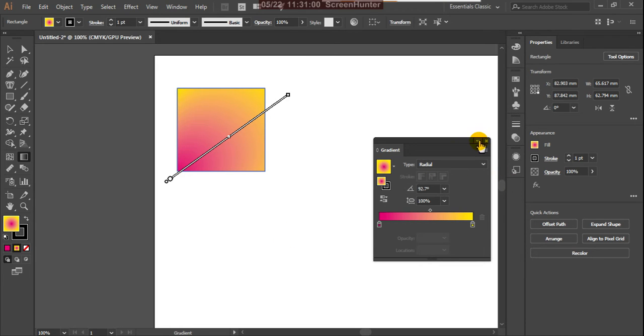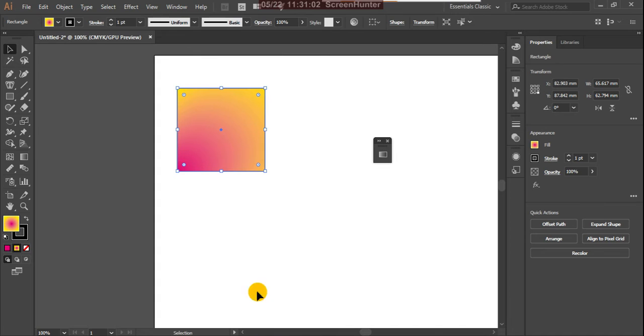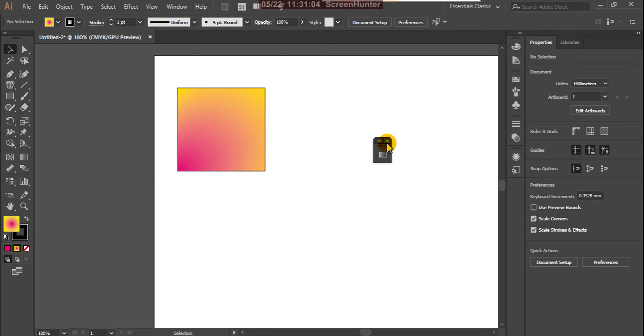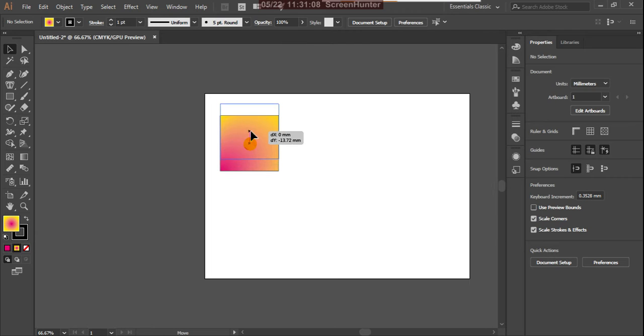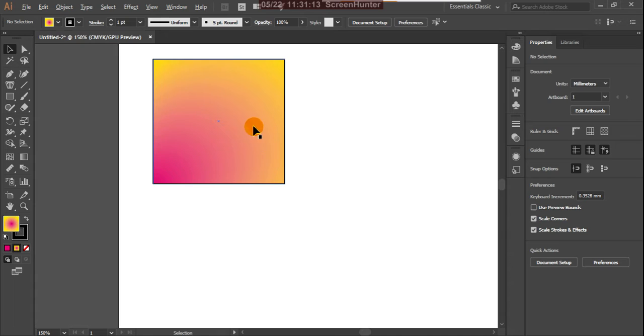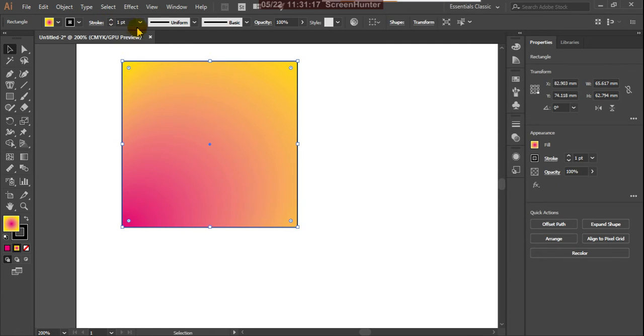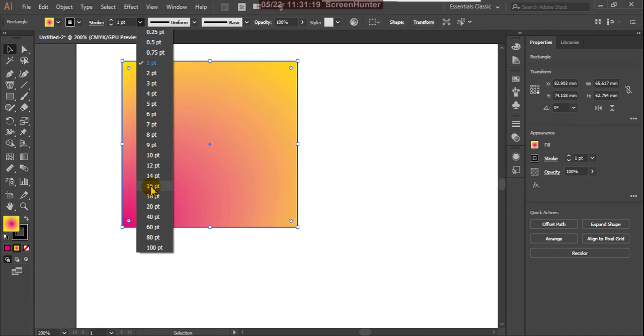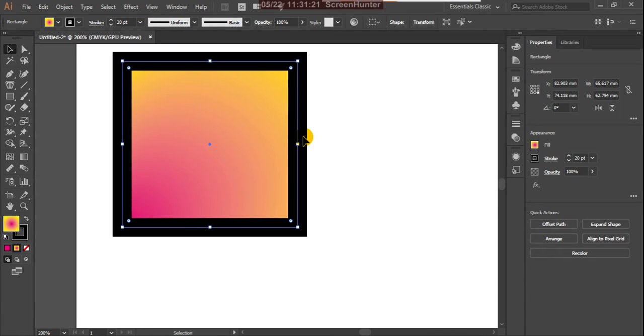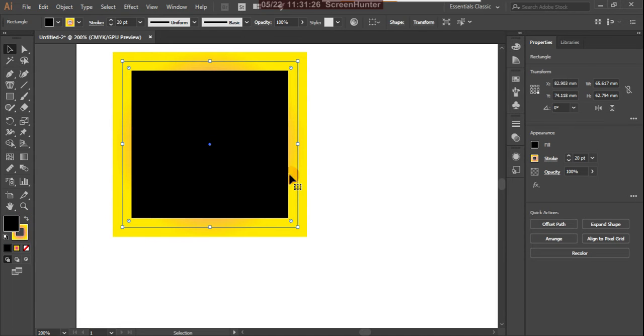So then keep this side. And the same way you can apply gradient for the outline also. Suppose here I am applying the same gradient for the outline also.